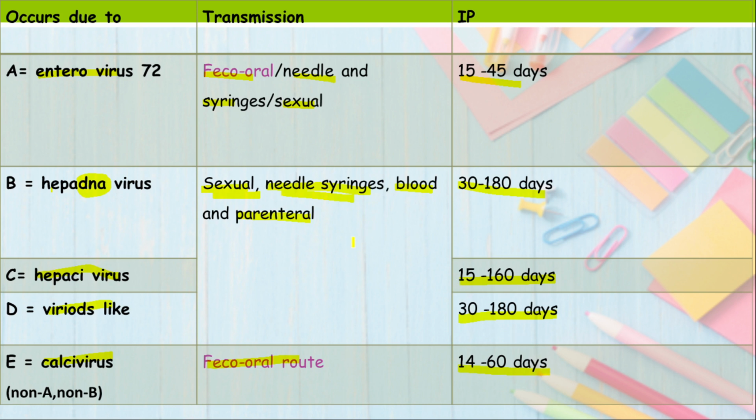Here I had committed a huge mistake when the question was asked regarding the viruses which get transmitted through fecal-oral route. I had answered both hepatitis A and E, but at last I came to know the question was only fecal-oral route. So the answer is hepatitis E, but I thought both hepatitis A and E, and I gave the wrong answer. So be clear whether they are asking exactly only regarding fecal-oral route, or they are asking as a whole. Okay.